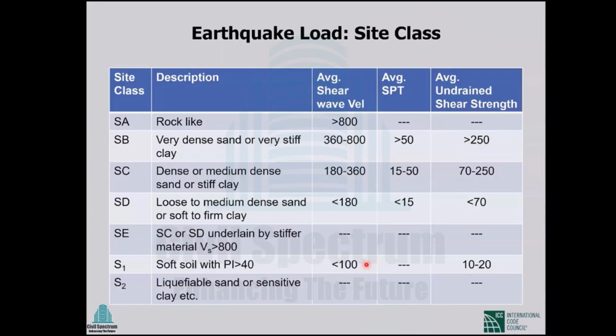Now, let's talk about earthquake load. Again, it is different this time. The method is completely different from the previous version of the code. But unlike the wind load, this is not exactly similar to AC 705. There are some differences, but at the same time, there are ways where we can simply use the software in a similar way. We can just choose AC 7. Those shortcuts are also given in the code. Let's see.